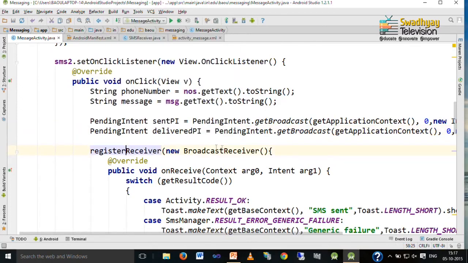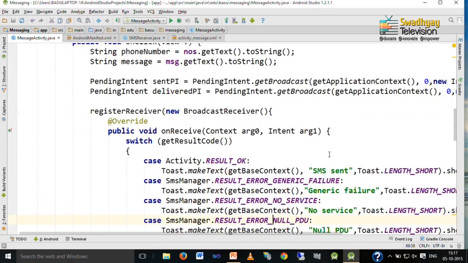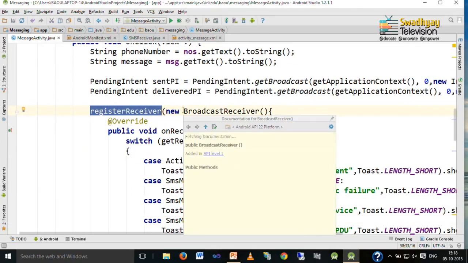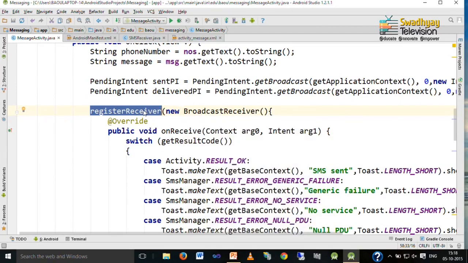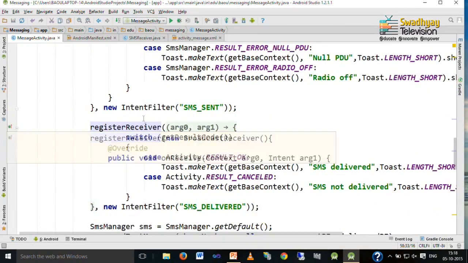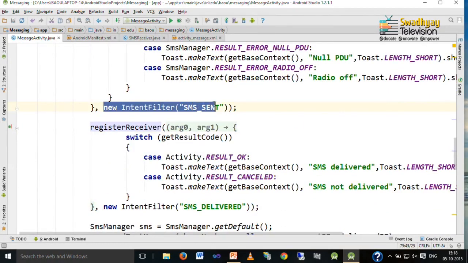Once these pending intents are created, you have to call the register receiver method, which takes a broadcast receiver and an intent filter argument. First argument is a broadcast receiver and another argument is an intent filter, which should match with the intent specified in the pending intent.